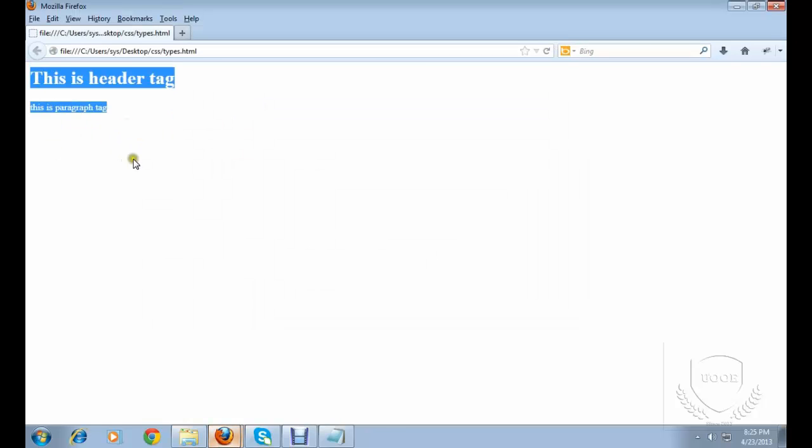Here we are getting the output. Right now, using CSS properties, I'm going to change the styles of this paragraph and header tag, like